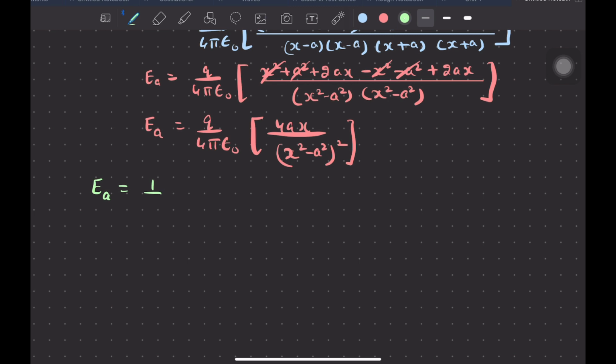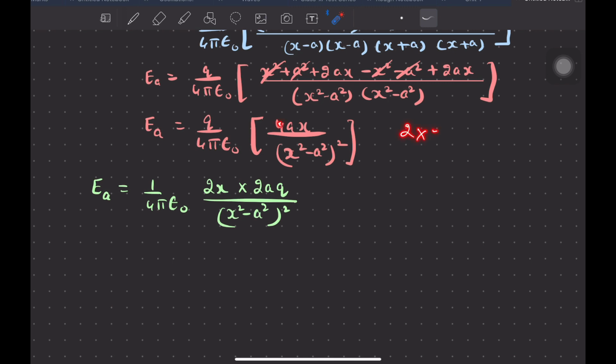EA is equal to 1 upon 4 pi epsilon naught. What I am going to do now is 2x multiplied by 2aq upon (x square minus a square) whole square. See carefully that I have just written down this 4 into 2 parts, 2 into 2, but I have combined this x with a single 2 and I have combined 2a with this q outside. So the total expression was 4aqx. I have just written it down separately, 2x multiplied by 2aq. If you solve this upper part, you will get